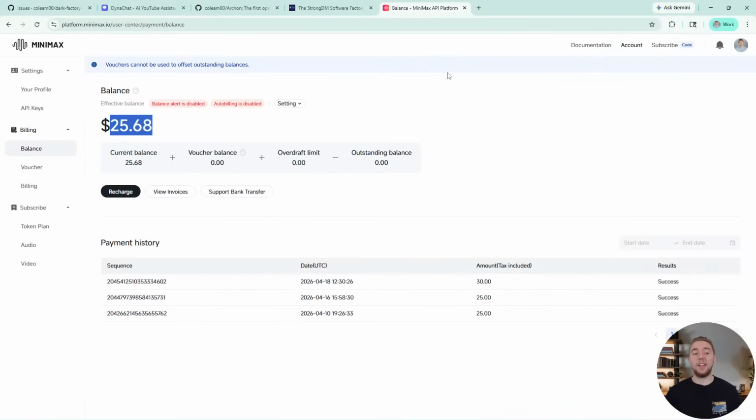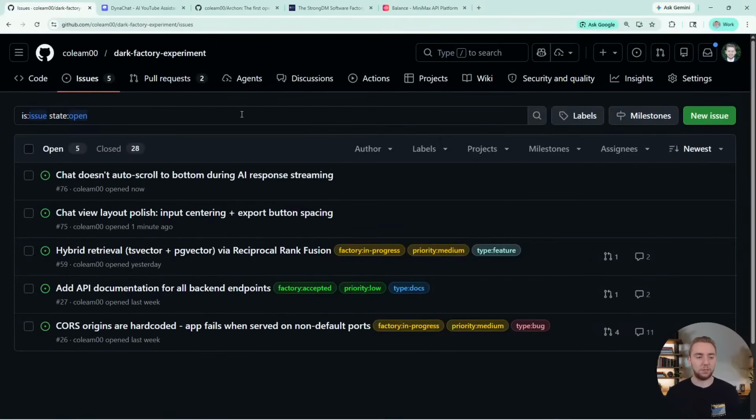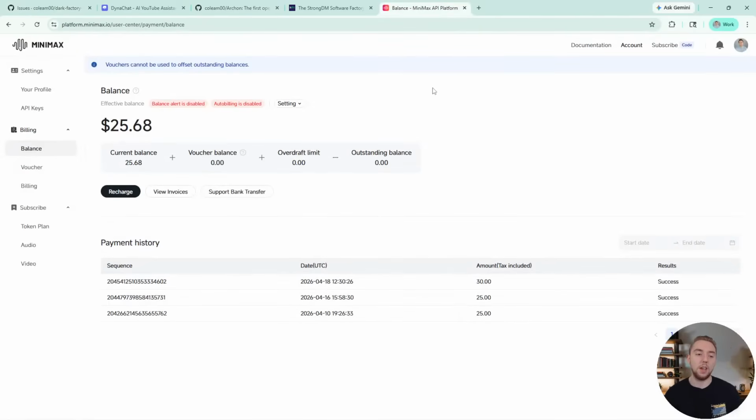I would hit my Anthropic rate limits way too fast if I had the Dark Factory running on my Anthropic subscription. Plus, I think it's against Anthropic's terms of service. If the public experiment allows anyone to create an issue, and then my Dark Factory automatically picks it up, technically that would mean that other people are directly using my Anthropic subscription. So I have Claude Code routed to Minimax.